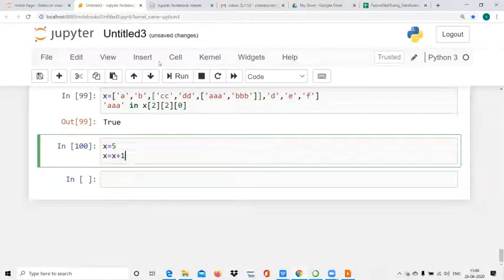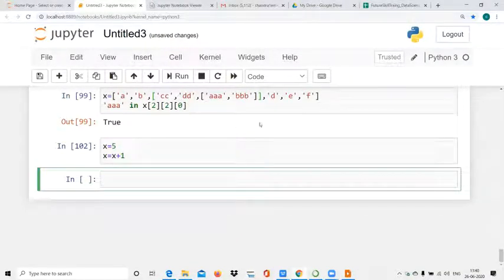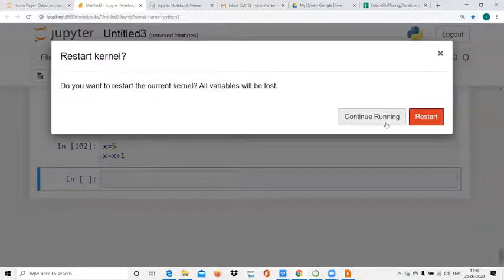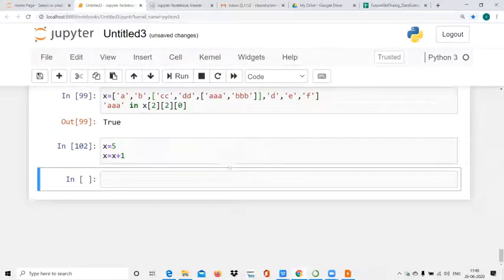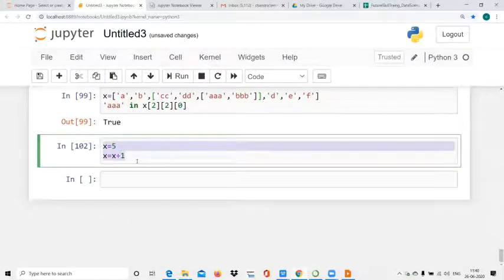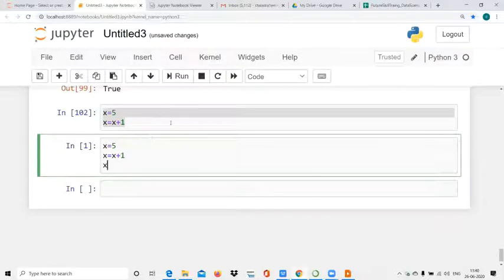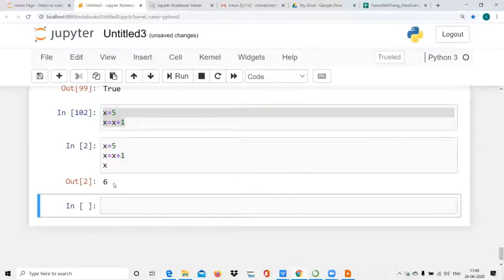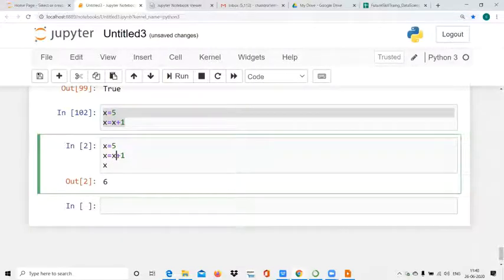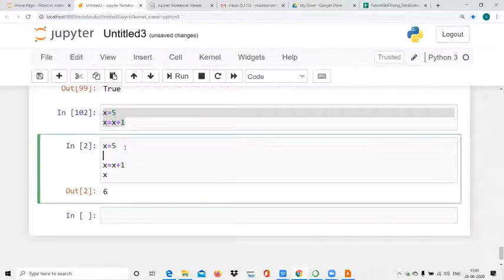Why is it not giving output? My system sometimes needs to restart the kernel. Six. Now see, I will print the ID of x.